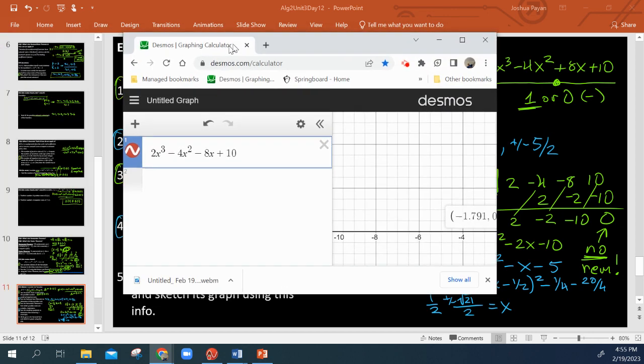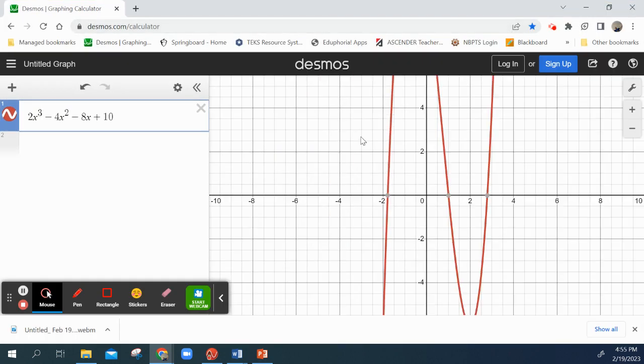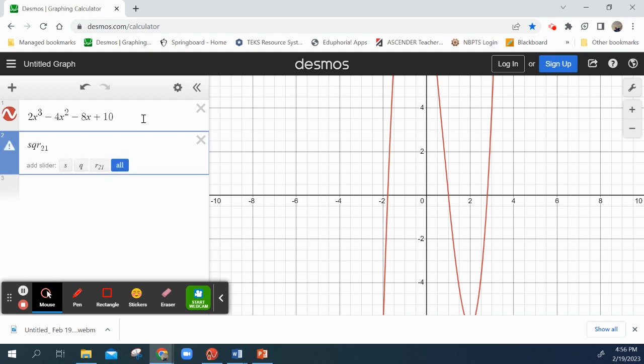Okay, so I got suspicious and checked my work. Here are my x-intercepts. There's the x minus 1 there, right? So x minus 1 means I have a root of positive 1. Then here are my other ones, right? So if I do the square root of 21, and I do over 2, and I do 0.5 plus that,